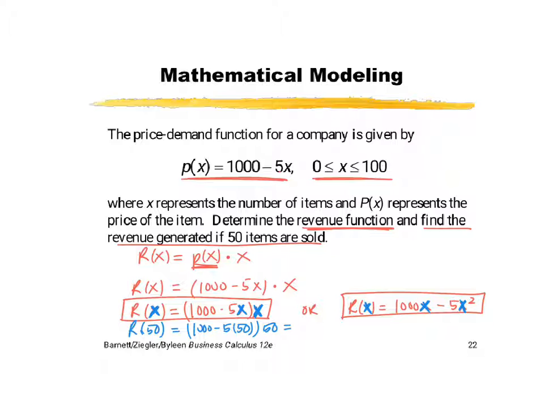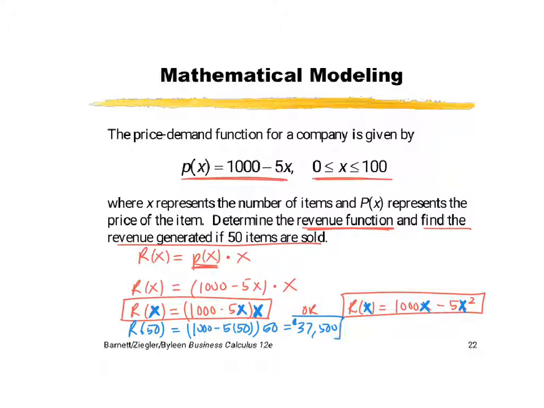times 50. Okay, and so if we were to type this in, we get 1,000. And if you type it in, make sure you type it in exactly how it looks. So we have a parentheses first, 1,000 minus 5 parentheses 50 or times 50. And then close the parentheses for that quantity times another 50. And so that gives us